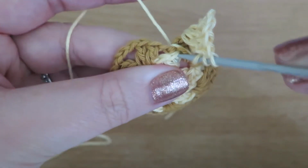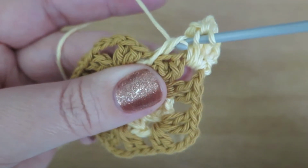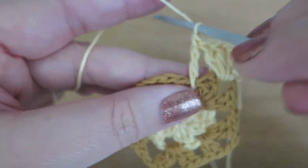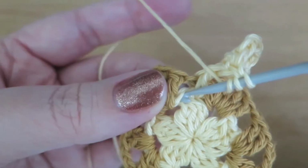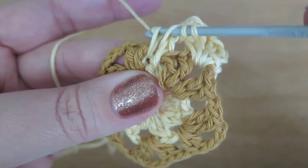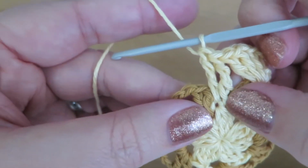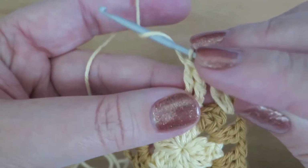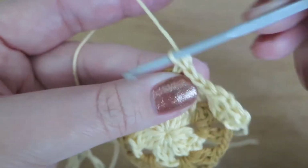So you're going to put the hook down through it, and you're going to pull it up round, and it's going to pull down that middle bit, which is what we want. So you're going to do the yarn through, and then the yarn through to do your double treble, and we're going to do that again. So you can either put it down in the same place, or you can put it down in that little bit there. It doesn't really matter. Alright, so don't worry too much. So yarn through, and yarn through, and then if you just give it a little arrangement, there you go, that's perfect. So again, we're going to do 2 trebles into the next chain space,